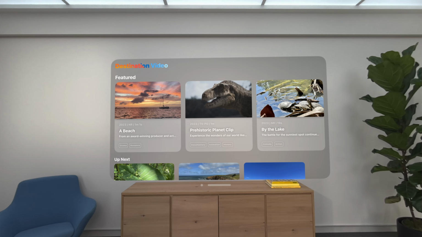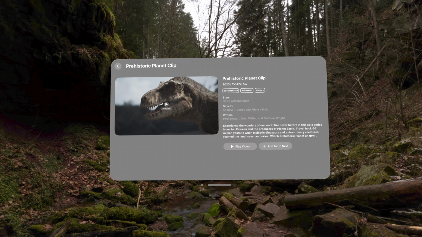We've talked about some additional UI features and some other use cases. The Destination Video Sample app demonstrates some of these features. It has a video browser for choosing videos and plays them in an immersive space. Here it is. Choose a video to show the info page, and an immersive space opens. Notice the use of an inline player with custom UI controls for the preview. Then play the movie.